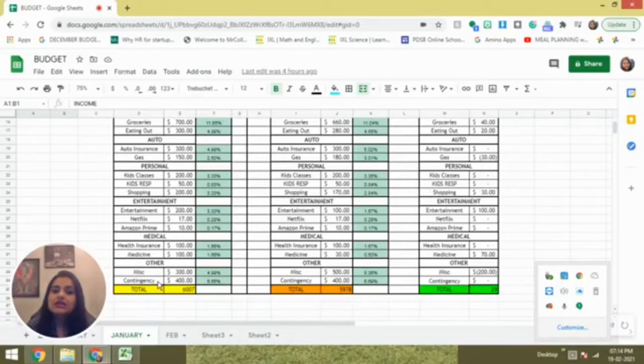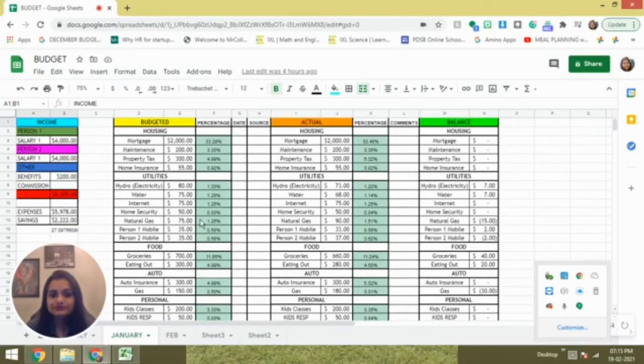Contingency is a saving for a contingency. So every month I recommend putting a particular amount so that it's there for you if any contingency arises, like there's a leak, your car breaks down, you need to change a tire, any contingency expense related to home or your vehicle, or any personal contingency expenses as well, can be covered under that. You need not worry about it, the money is already there. So these are the categories I have put in.